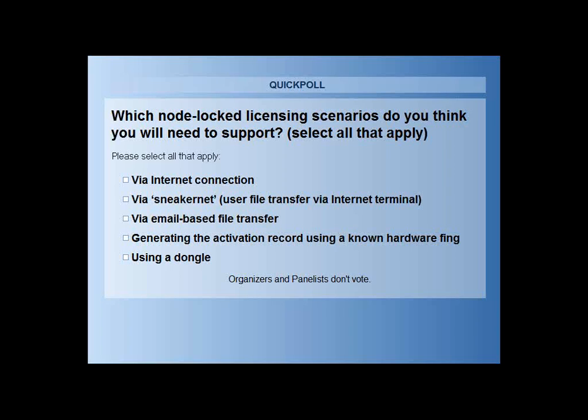We're looking at corner cases here. So if you think there's one user out there who is going to want a dongle, then please go ahead and click on that. I'll give you a few more minutes to get some more votes coming in. Interesting, I'm seeing results. I'll pop up the results in a moment, after perhaps another 30 seconds for everybody to vote. More votes coming in, a couple more seconds.